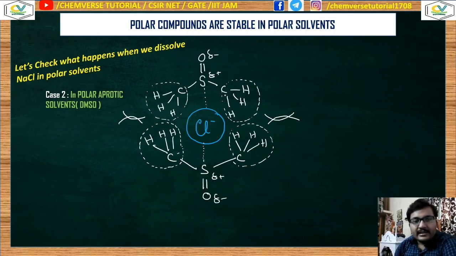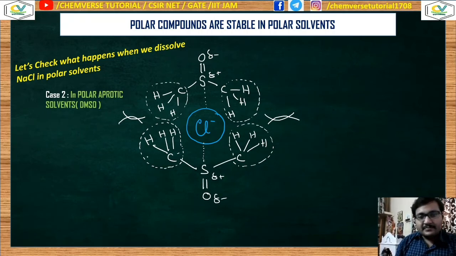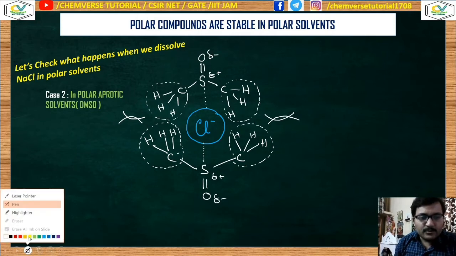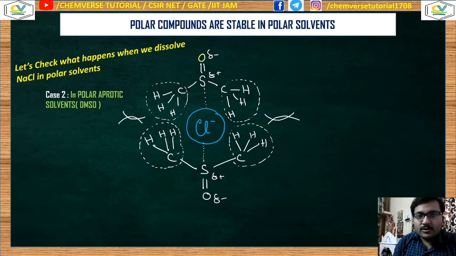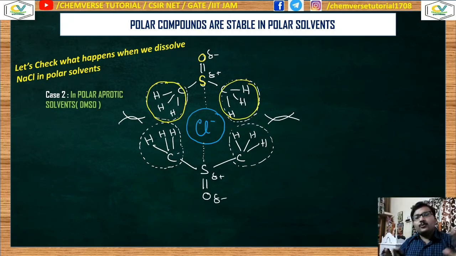Now what will happen if I try to stabilize chloride, that means Cl-? Here one very interesting thing is that the major dipole present in the DMSO molecule is the one between oxygen and sulfur. The positive end over here is the sulfur, which has to interact with this chloride in order to stabilize it, so the ion-dipole interaction should be there. But whenever they approach chloride, these large CH3 groups hinder the approach.